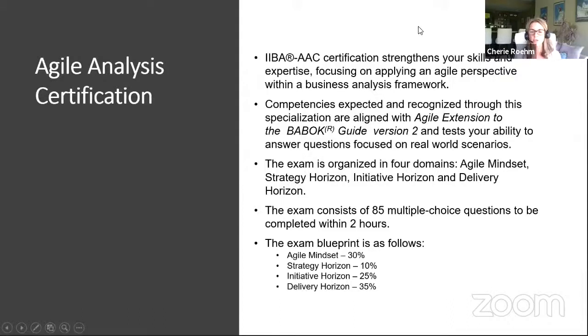The exam itself consists of 85 multiple choice questions that are to be answered within 2 hours. The exam is also an online exam. It's an online proctored exam. That was probably one of the scariest parts of this whole process, was preparing for this online exam. I mean, you had to make sure you were in a room that didn't have anything around you. You had to take your laptop and pan it across the entire room so they could make sure that no one else was in the room with you, that you didn't have any hidden notes.